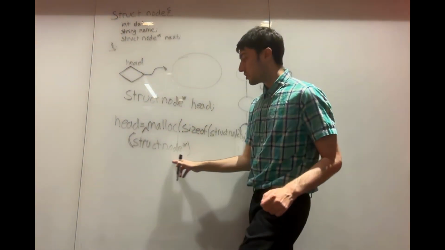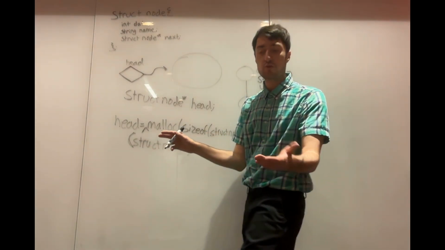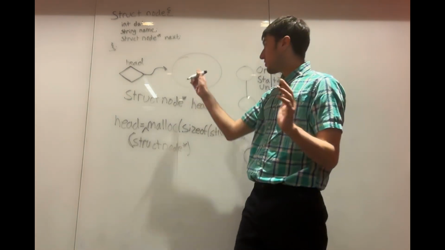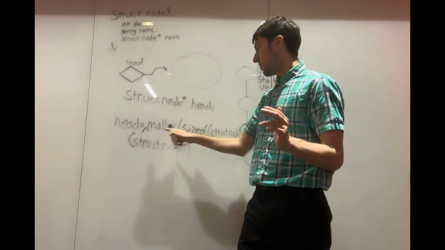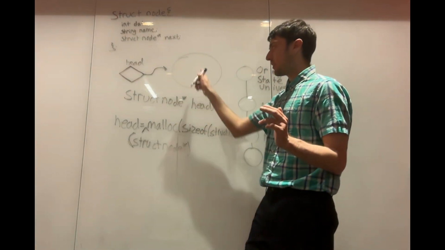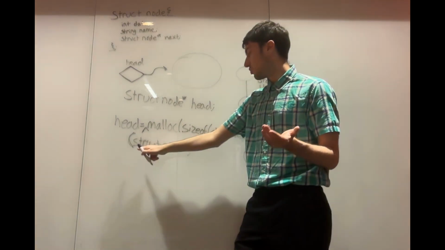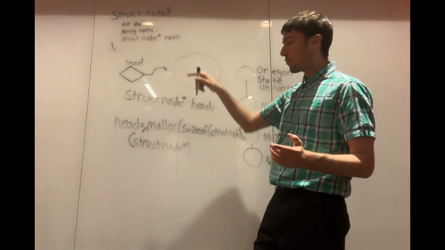So then we just cast that memory address, because we have to tell it what it is, right? At that point, it doesn't know what this actually is. What is this? It's just a certain number of bytes allocated. We don't know what it is. So we cast it as a struct node pointer, and that causes it to go from this random circle, and